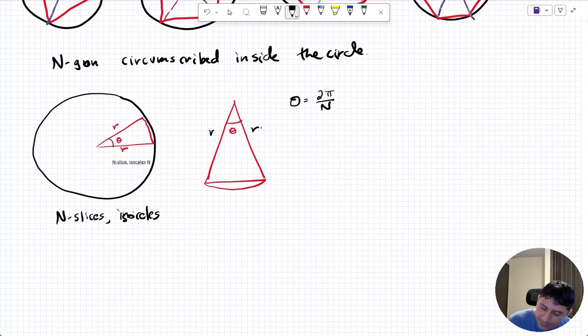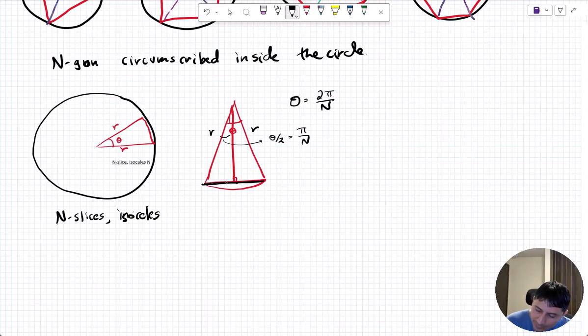And the size of the isosceles triangle is going to be r. Now, if I do this correctly, I want to calculate the perimeter. So the perimeter of this isosceles triangle, I need to calculate this length right here. Well, I know this is theta over 2, which is equal to pi over n. This is r, so that means that